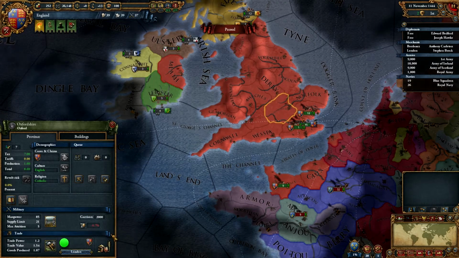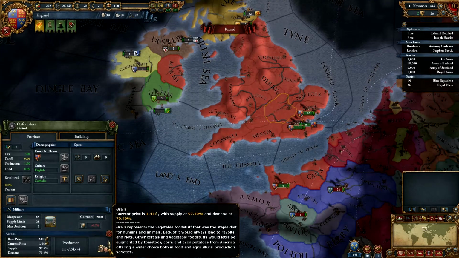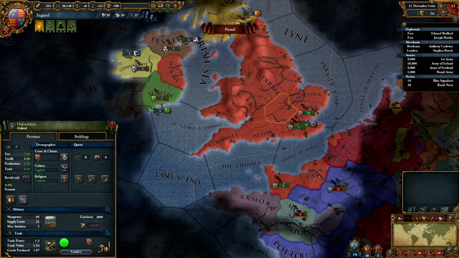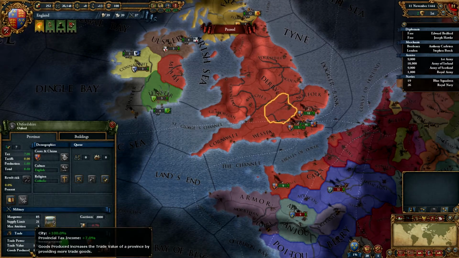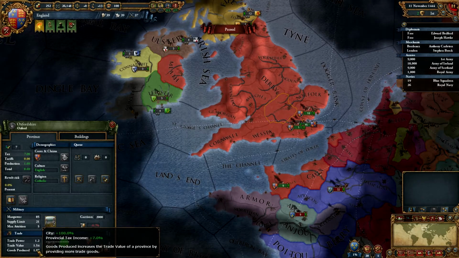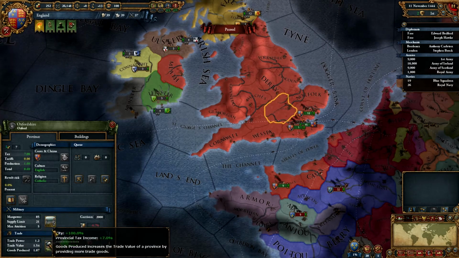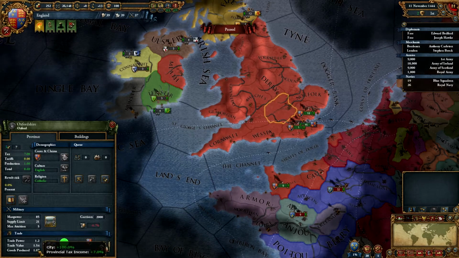Otherwise, if you were standing like this, you couldn't really see it, but you can just press it here. Now I'm going to show you how many goods you're producing. If you take a look down here in the corner, it says goods produced. The city will grant you 100%, and then the provisional tax income. That means, as you can see here, there is a base tax of 7, so the bonus is